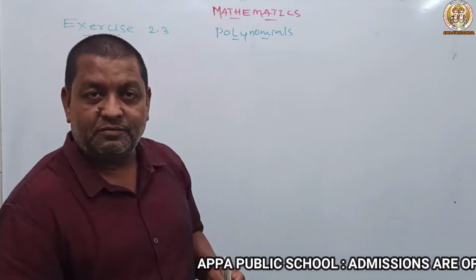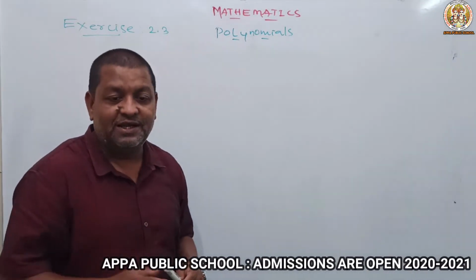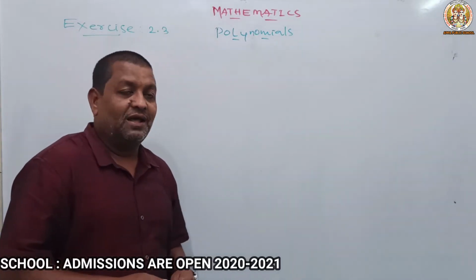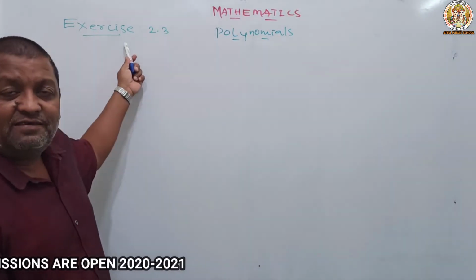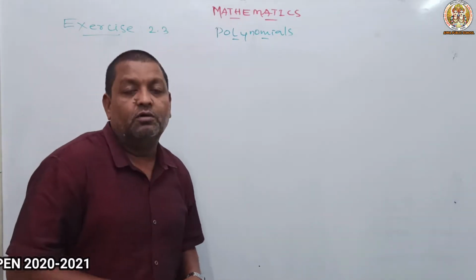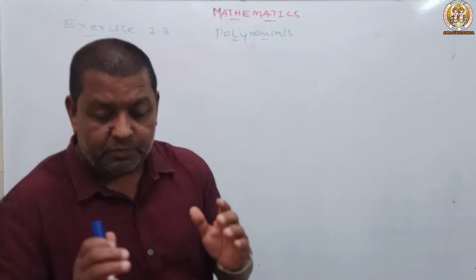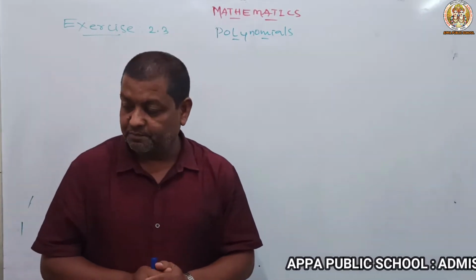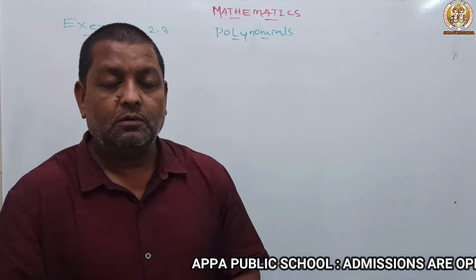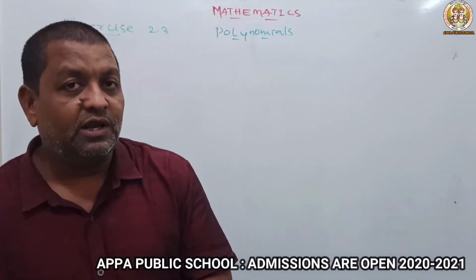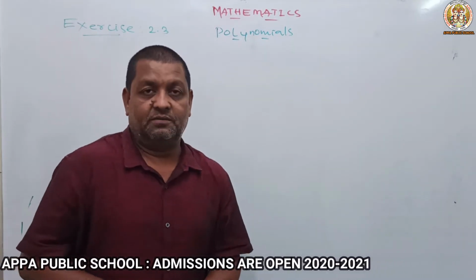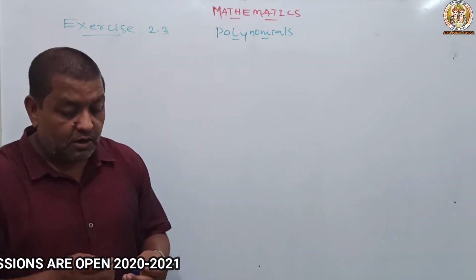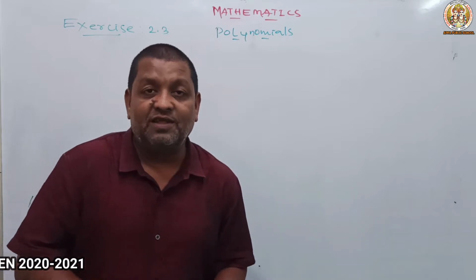So already we started polynomials. We completed in online classes. Once again, revision we started through video. In exercise 2.3 I started and took the first bit yesterday. Before that I taught one theorem. What is that? Remainder theorem. The remainder theorem is the one which gives a remainder without any long division method. So the first bit is completed. Now we are moving to the second bit of this exercise.